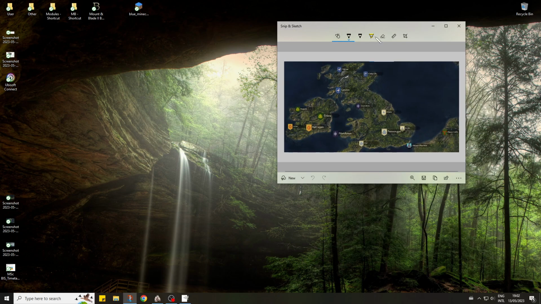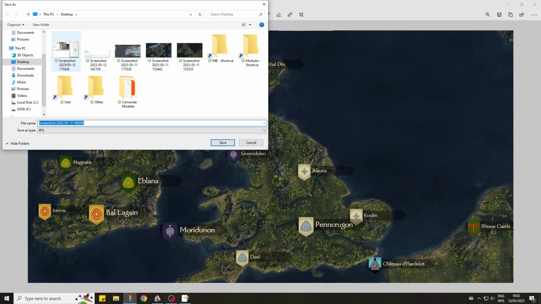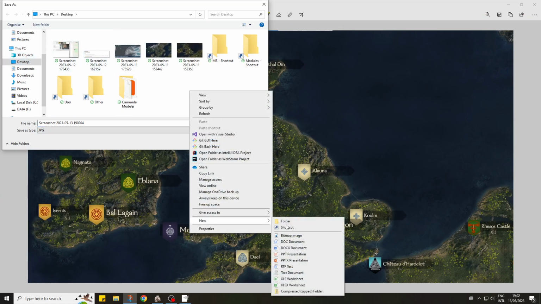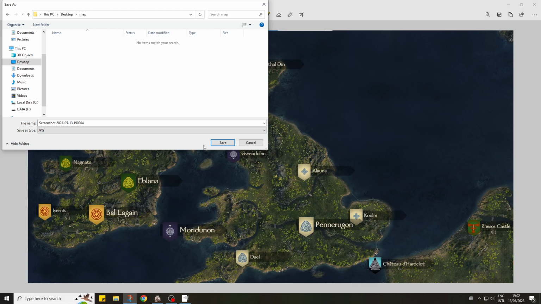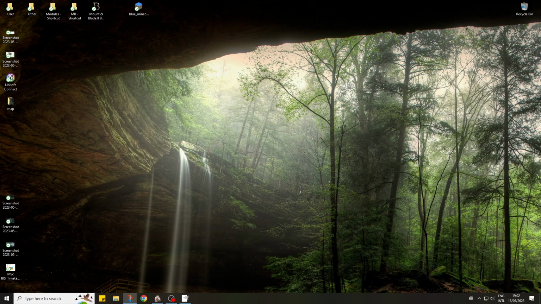So on my other monitor I have this, and this is the first screenshot. The quality is sadly not that good. And then I choose a folder. I will just make a folder here, the map, open the folder, save it. This is pretty quick to save. Now I will move it on the second monitor. This was just to show you the